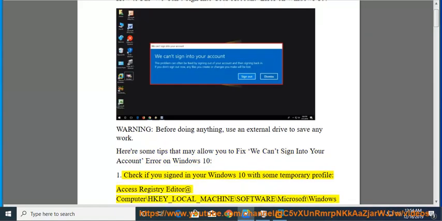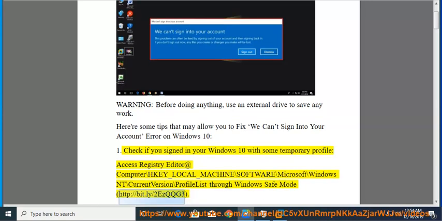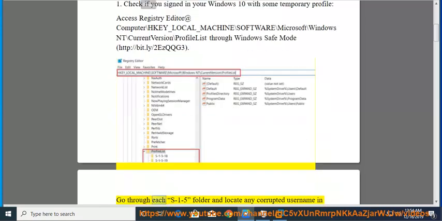1. Check if you signed in to your Windows 10 with some temporary profile. Access Registry Editor at Computer/HKEY_LOCAL_MACHINE/SOFTWARE/Microsoft/Windows NT/CurrentVersion/ProfileList through Windows Safe Mode, http://bit.ly/2ezqqg3. Go through each S-1